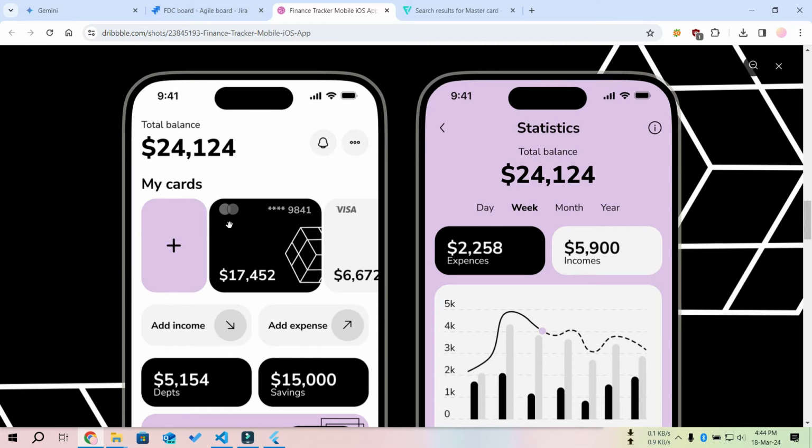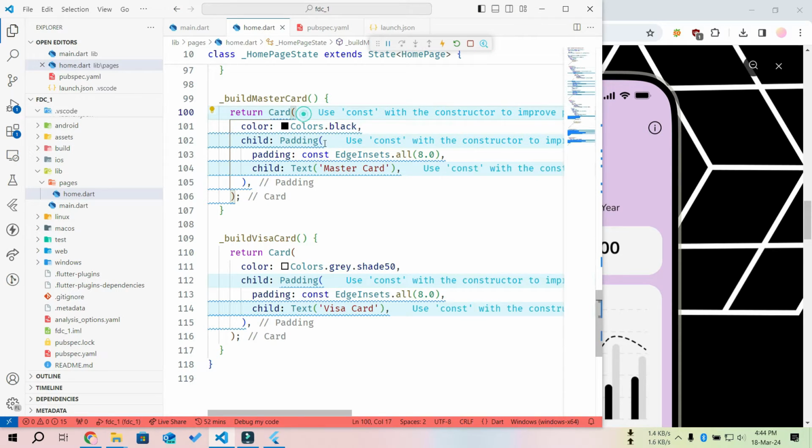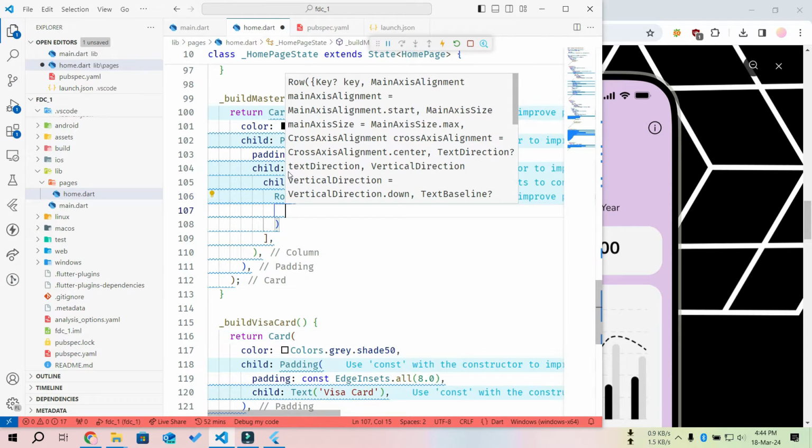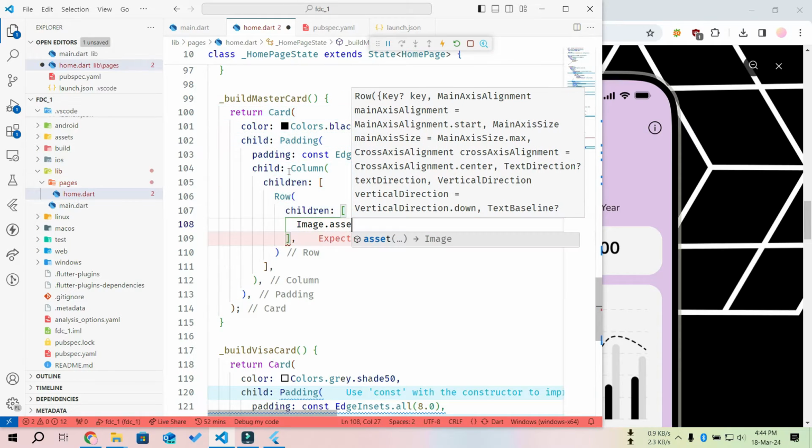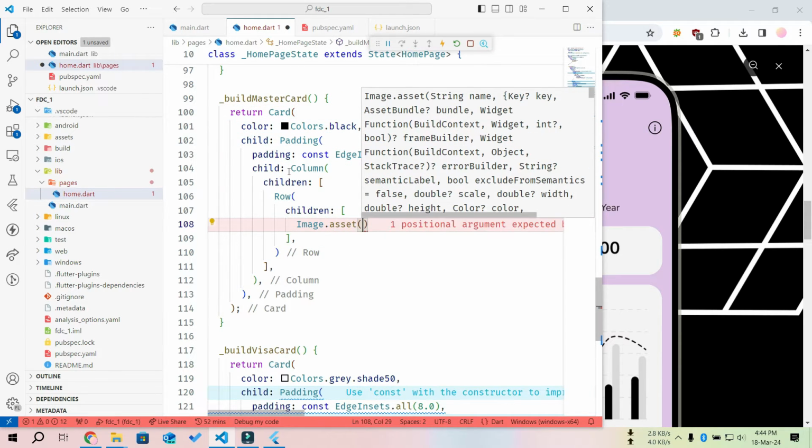So now just go back to the design. We need a row here, but before the row there is a column, which is for this one. So simply add a column here, and the first child would be the row, and then Image.asset, because we are going to use an image from the assets folder. So that's why I'm going to use asset here. If you want to load an image from the network or from a file, then you can use functions like network or file. So just pass the path of that asset, which is assets/images